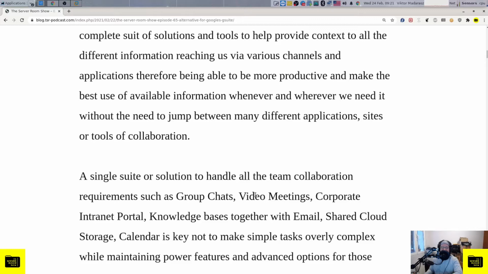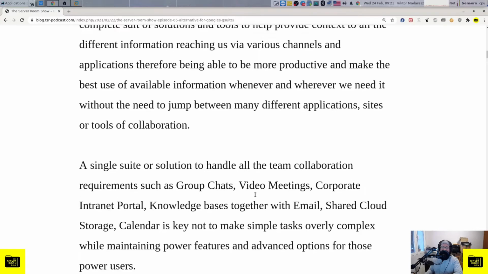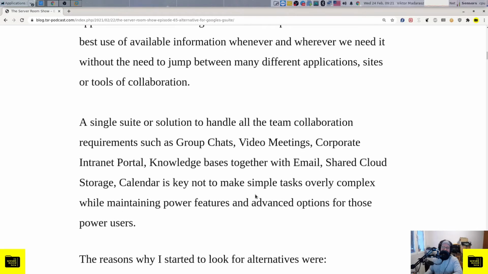Of course, it is key not to make simple tasks overly complex while maintaining power features and advanced options for those power users to take the most out